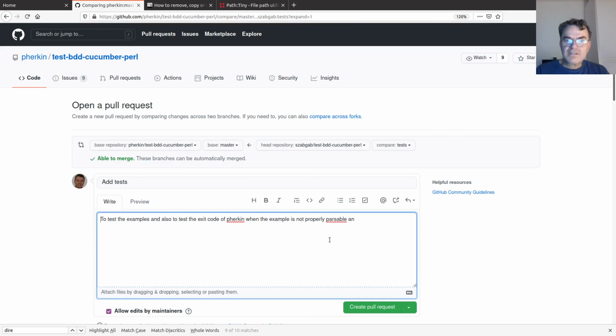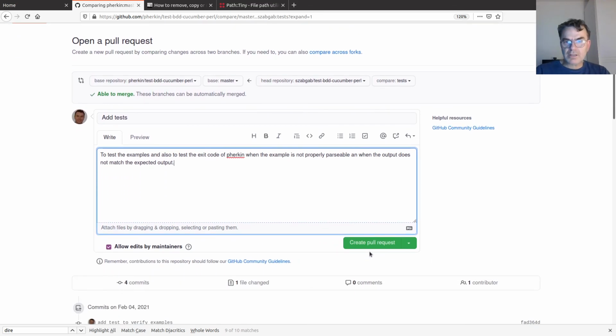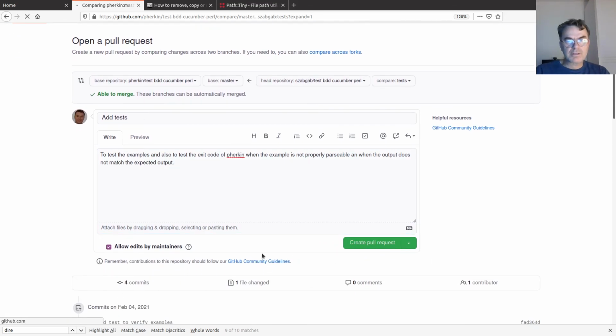It doesn't. That's not an English word. Parsable? Maybe that way. Okay. Is not properly parsable when the output does not match the expected output. Okay, yeah, I'll create this pull request